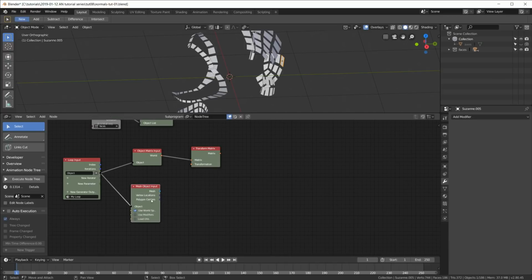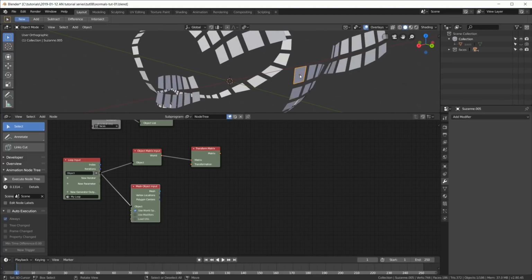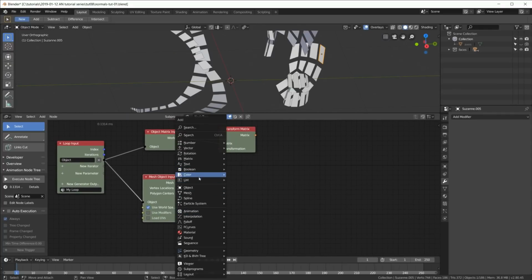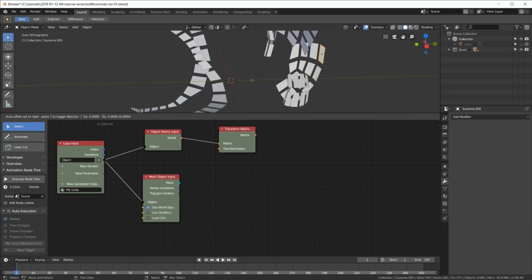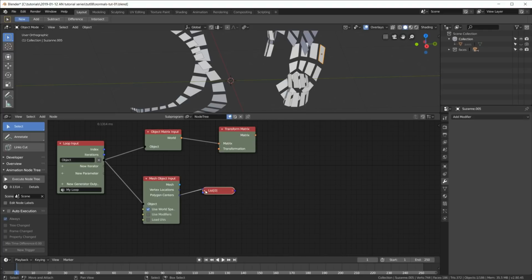And right here I get the polygon centers, which is exactly where we moved the origin to. First I need to get a list get element, because the output here is a list. Polygon centers is a list. I know I only have one polygon in one object, so I just get the first polygon center, which is